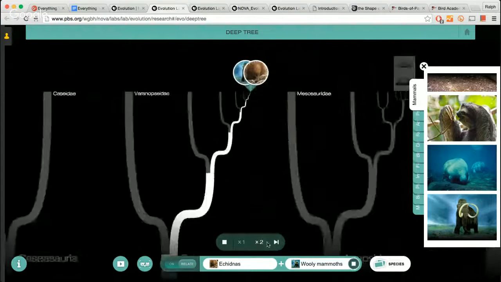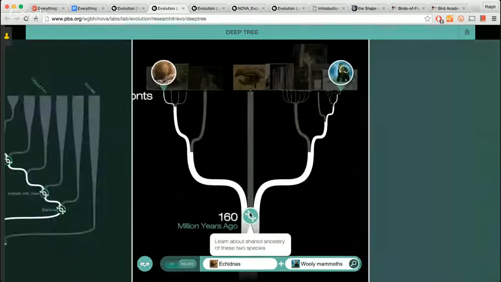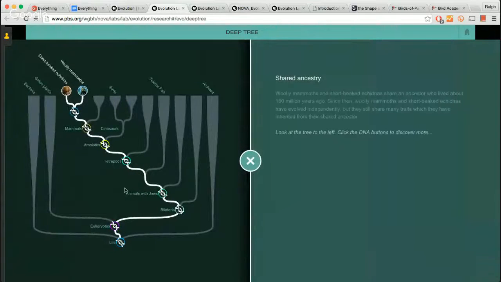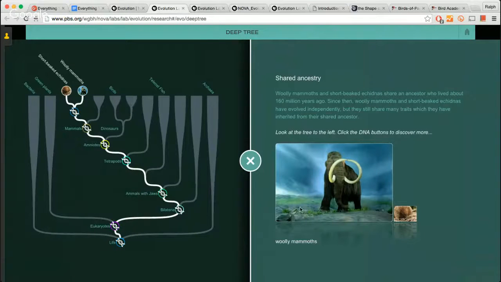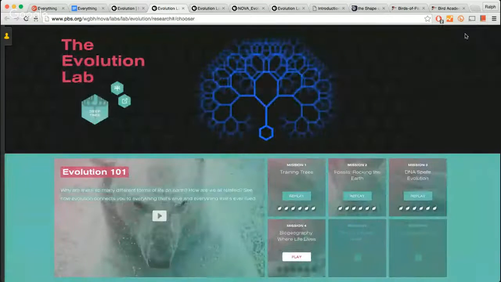And so we got to zoom in because it's a little bit dizzying. But if you click here, you can see how these 2 organisms are related. So everything from the fact that they're both mammals to the fact that they're both tetrapods, have jaws, have bilateral symmetry, eukaryotes, things like that. So again, a very great open-ended activity. You can have students even design a project around this. But yeah, this is all part of the Evolution Lab. And again, it's a completely free resource that's available for you to use in your classroom.